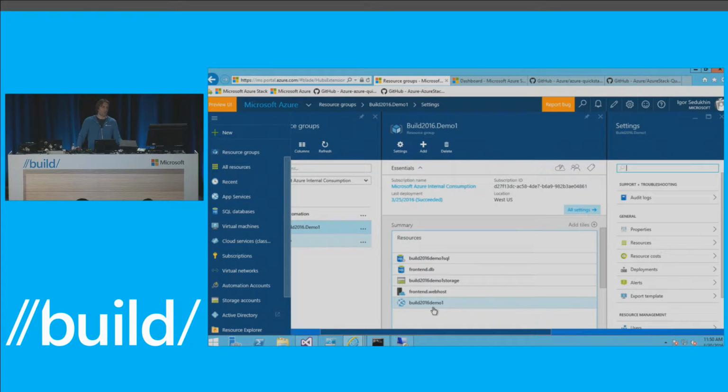You can use this resource group concept for many, many reasons in Azure. And then what's inside of a resource group is resources. And resources are effectively these elements of your application that have things like metrics and billing associated to them and so on. So they're kind of manageable parts of your application, like a website. So in this case, I have SQL, I have web host, and then I have this website.